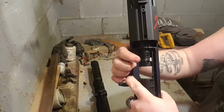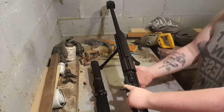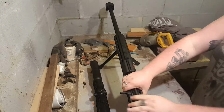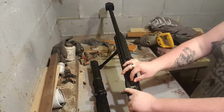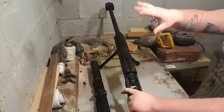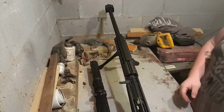adjustment. All you do is you have your magazine in, you pull it back once to load the gun, and you hold it, and then you adjust your hop up clockwise for more hop up, counterclockwise for less hop up, and then you close that up. You take your shot